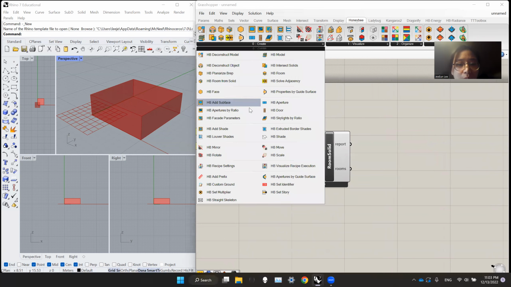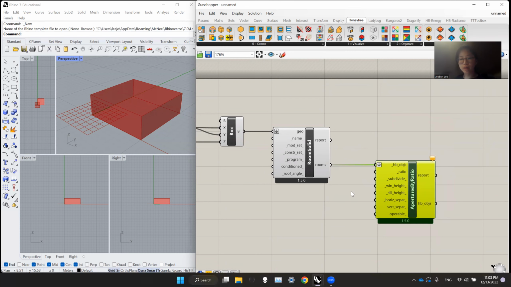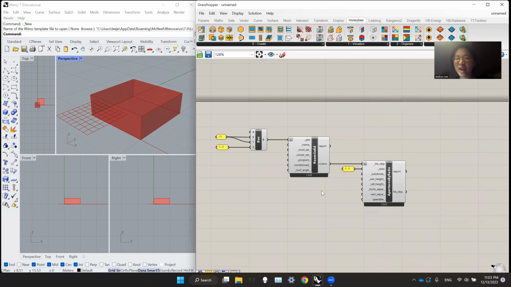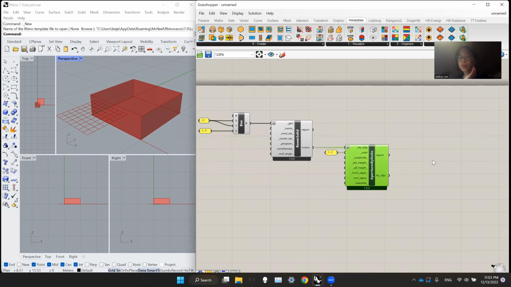But you can also do the window by ratio. So let's put 0.4 just to test the baseline. And here, what you can do is